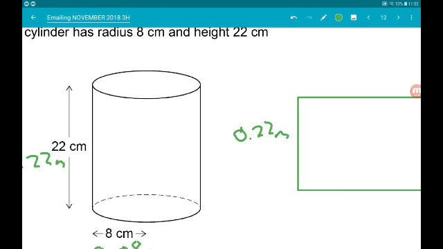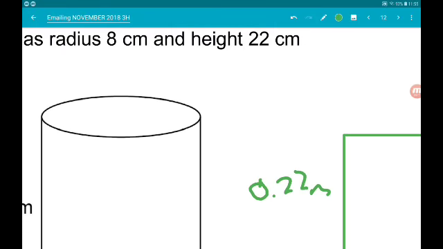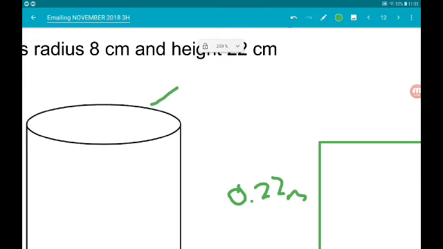When we cut straight down, the cylinder unfurls into this rectangle. So the circumference is pi times diameter. So if the radius is 8 centimetres, the diameter is 16. So in terms of metres, that's 0.16 pi